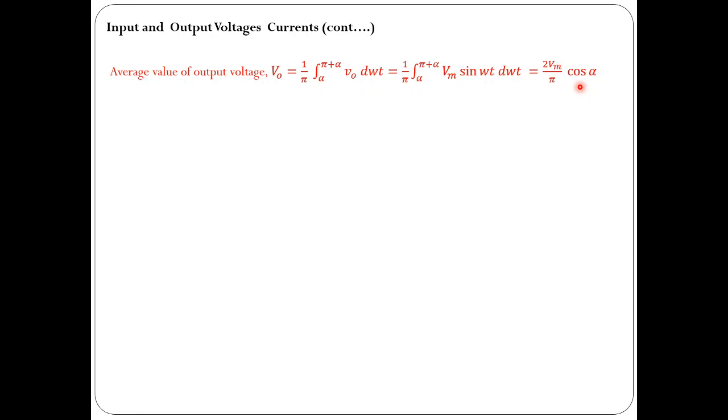I request you to go through this derivation, so please do it on your own. There is one more step involved here, so please do it and you will get this result. Similarly, the RMS value: we know the formula to compute the RMS value is to square the voltage waveform, take its mean, and apply the square root. Please do it. I strongly recommend you derive this, and you will get the value equal to Vm by root 2.